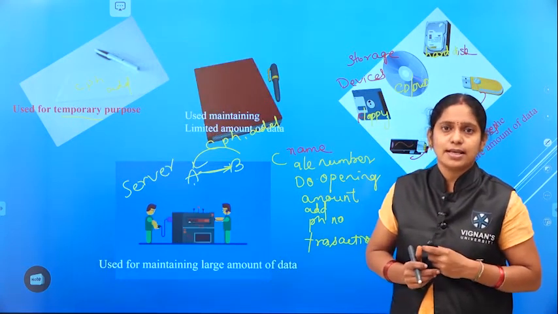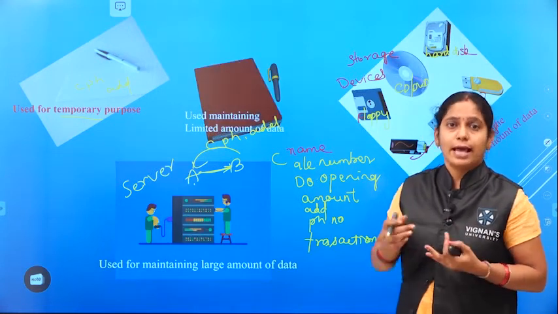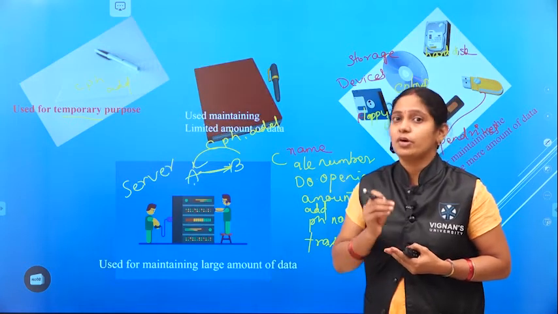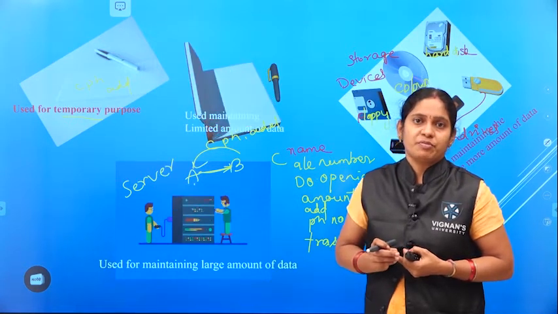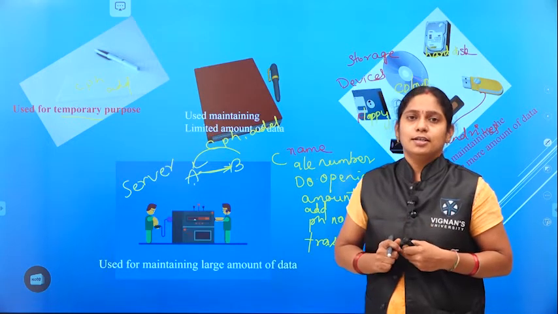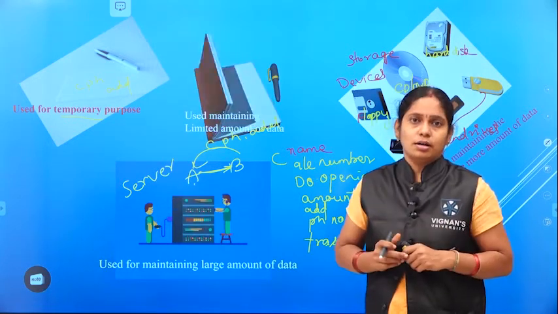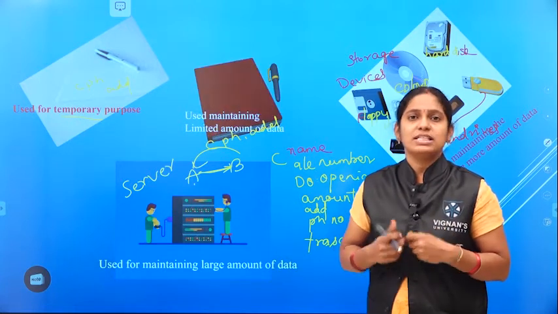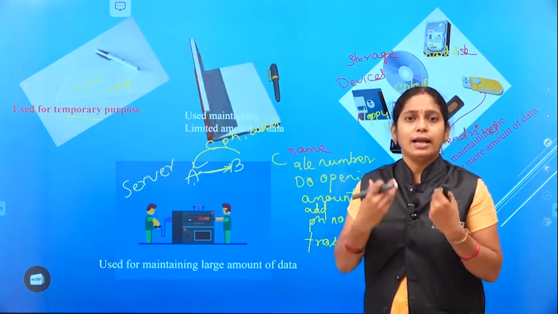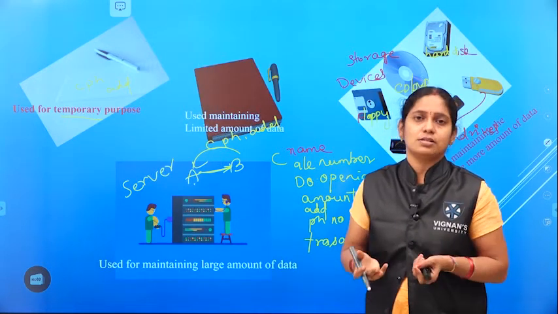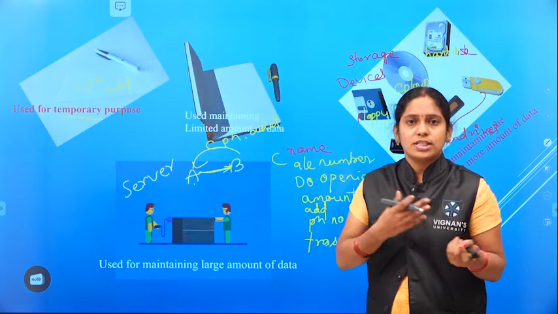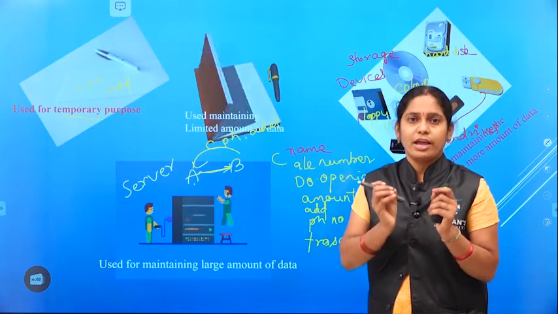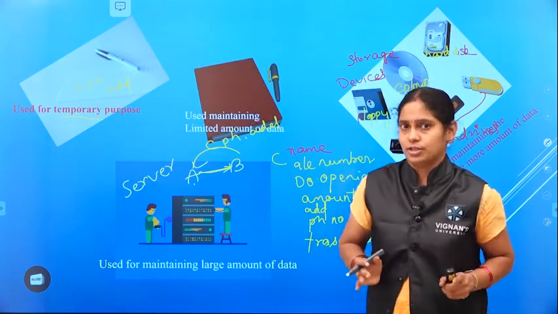Each and every student, in the sense: what is the name of the student, their roll number, their branch, their marks in each subject semester wise. We have 2 semesters in each year. So how many marks they scored, how much percentage they got, what is their attendance percentage, what are their additional certificates, how many courses they attended, their extracurricular activities. Likewise, each and every piece of information should be maintained by the college.